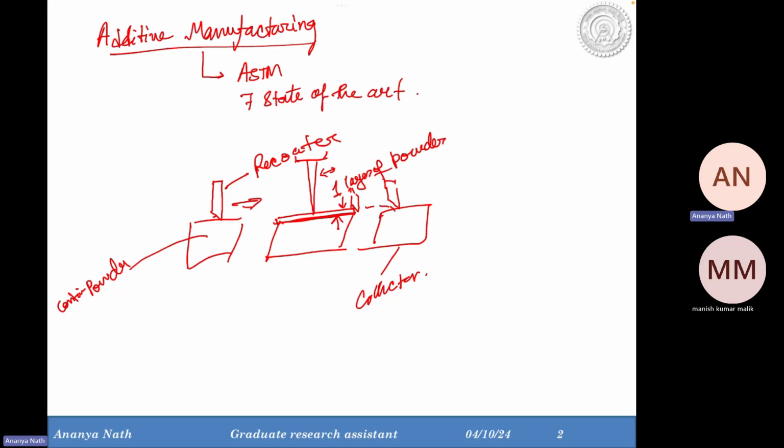So that's why this powder spreading technique is very crucial and very critical as well, because first thing is that you have to spread one layer of 30 micron powder over the build plate, and that also uniformly you have to spread over the build plate. So that's why this recoating technique is very critical, and this is why we use different types of recoaters in case of PBF. So people have tried spreading the powder with different kinds of recoater. Like it can be blade recoater.